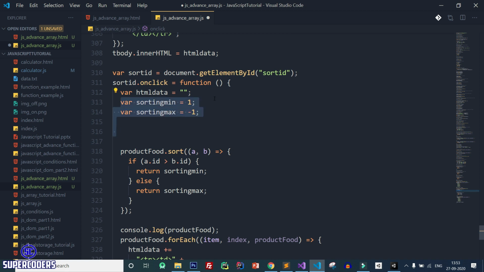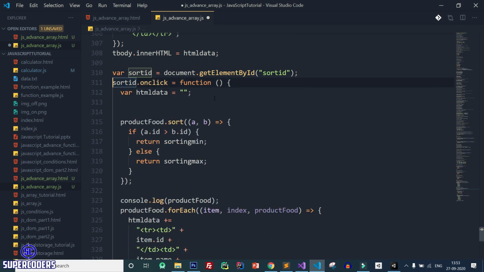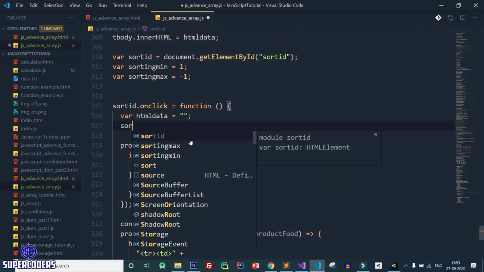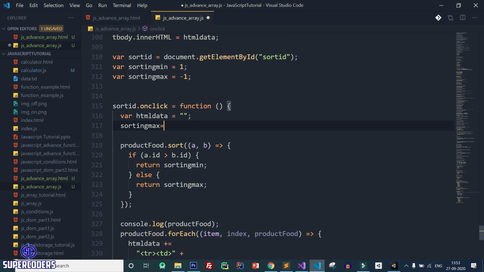Here, just make it global. After that, what I am going to do here: sorting max equal to 1, then return 1, else -1. If it is 1, change this to -1, else change this to 1.